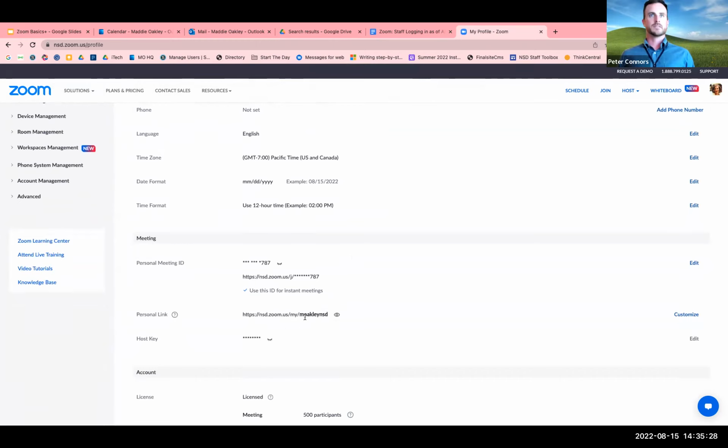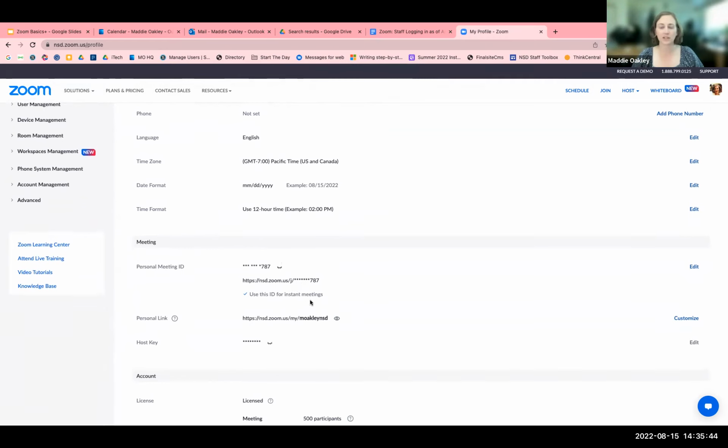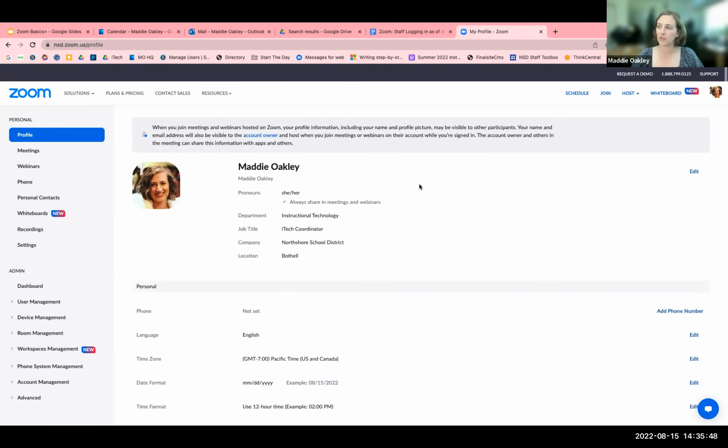But as you see, I also use that kind of personalized, quick access to my Zoom room. It's a little bit easier than sometimes typing in a set of numbers if someone did need to type instead of copying and pasting. So anyways, that's all I wanted to show, is just that pronoun piece real quick while we were still in that section of the profiles.